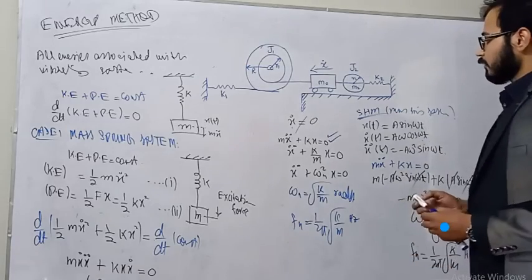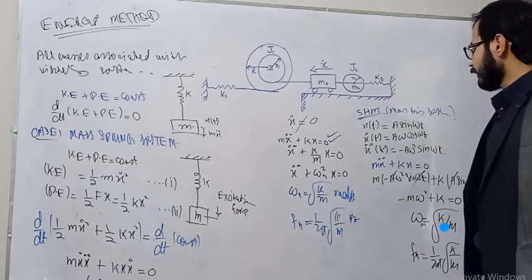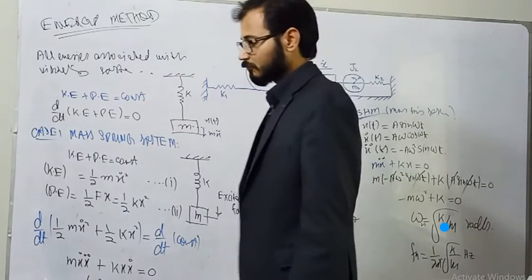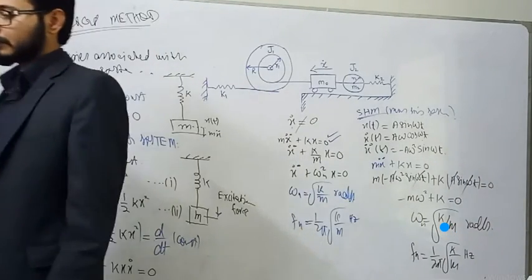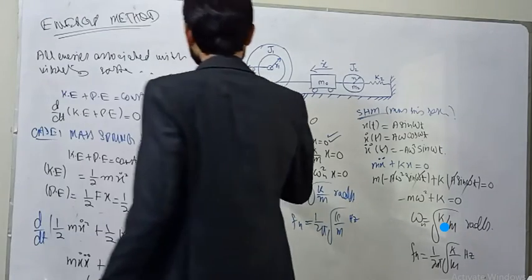So from the above derivation, we have considered the case in which we assumed a simple harmonic motion of a vibrating mass spring system. We have derived the equation of motion, and finally the natural frequency of the vibrating body. Now, using the energy method, we will solve one of the complex numerical problems.